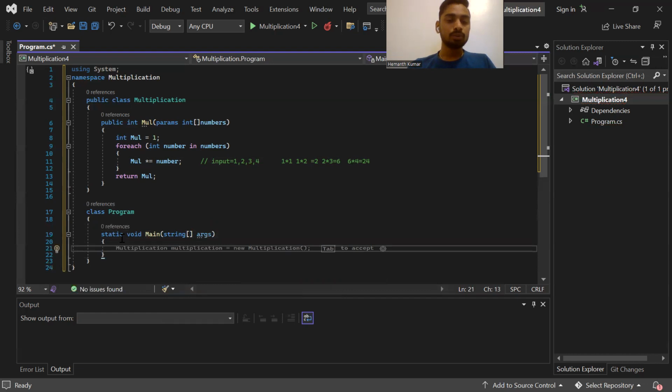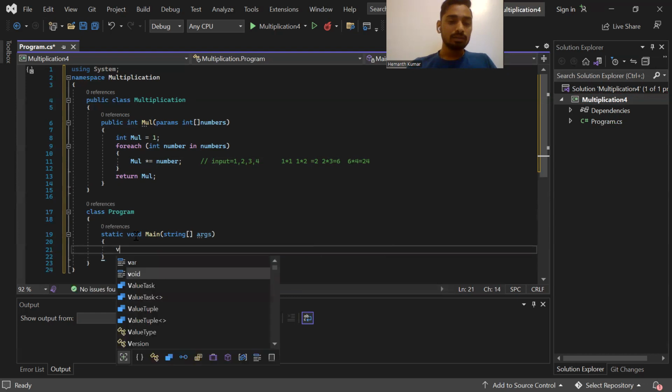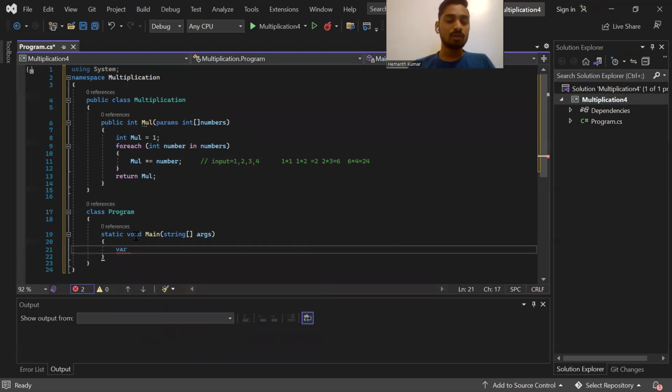And I'm going to declare an object for our multiplication class. This is the way we declare our objects here, where multiplication is equal to new. That new is a keyword, and it will create an object for us. The name here should be the same as our class name, which is Multiplication, and we need to open